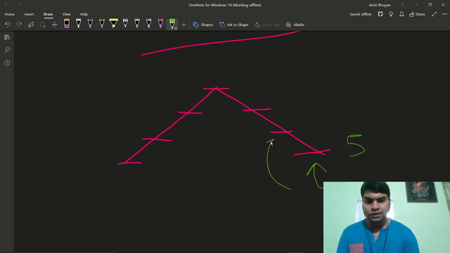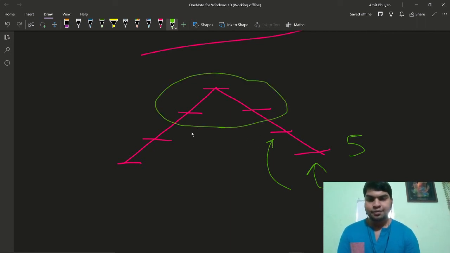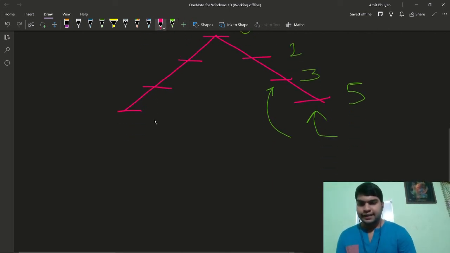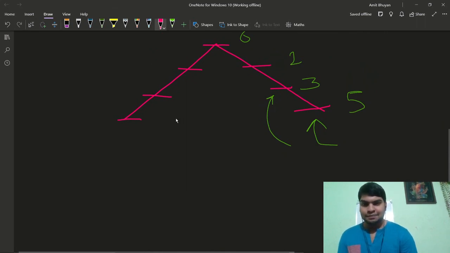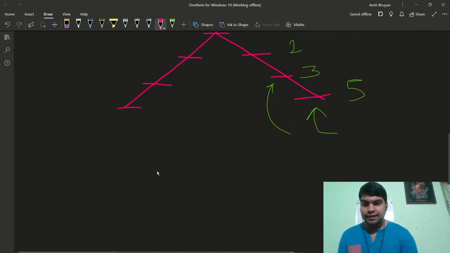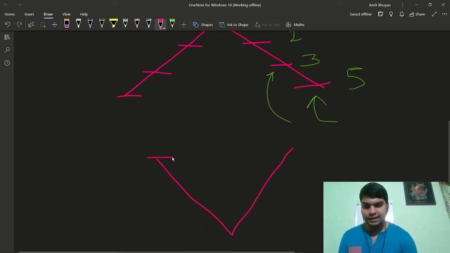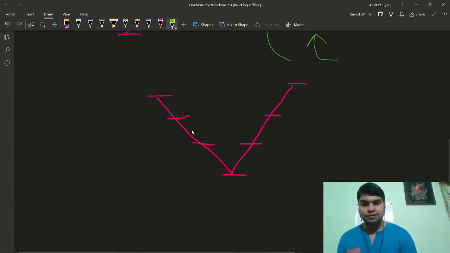Now for this position, how many inversions will we have? We have 3 elements above this level, so we'll have 3 inversions here. For this one we'll have 1, and for this we'll have 0. So here we have a hill. What will happen if we make it a valley? We have levels here, here, here, here, and here. Again we can find the number of inversions.